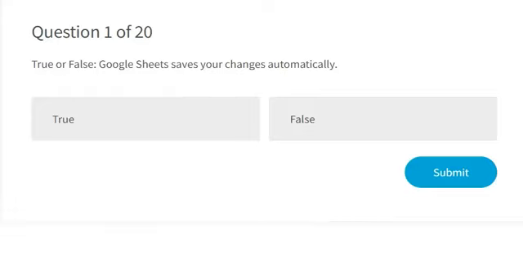Now it is time to test your knowledge about Google Sheet, how much you know about Google Sheet. There are 20 questions. You have to give the answer to these 20 questions, and by giving these answers you can check your level, where you stand. So I am going to start this video. Just read out the question and try to give the answer honestly so you can check